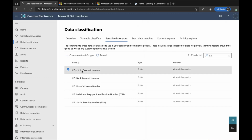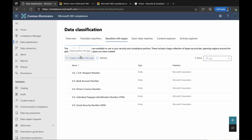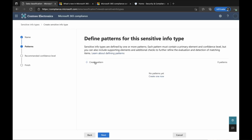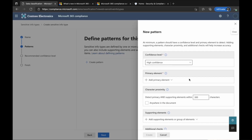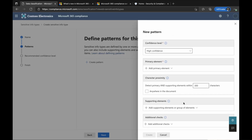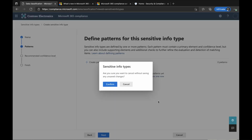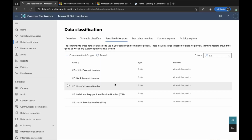Now, when you apply sensitive info types to things like DLP policies, usually the built-in ones will cover most organizations' needs, but there may be occasions where you have to create your own custom sensitive information type, and you can do that right here as well. Quite easily, you can put in a custom type, always put a description in. In this case, it forces you to, with the little asterisks there, and then you can go through and create patterns to match the confidence level and the elements that you want, the proximity, supporting elements, and that sort of thing. So we'll not go through and do that, mindful of the content that we've got to get through in